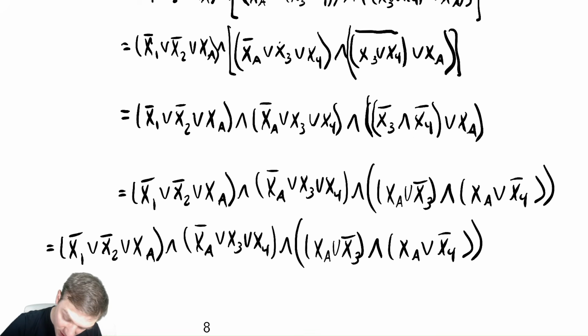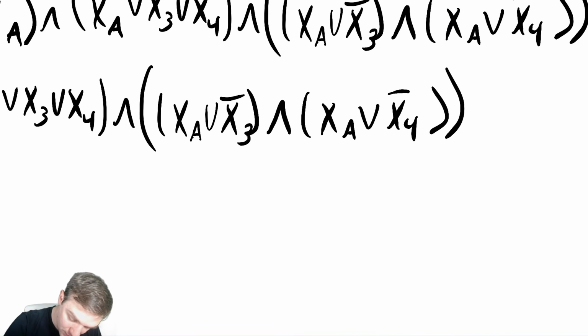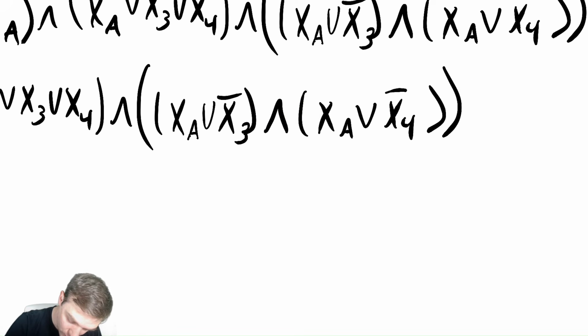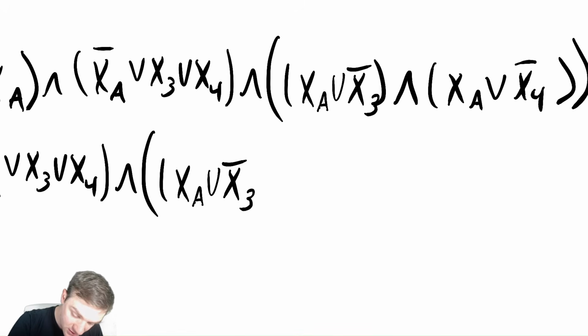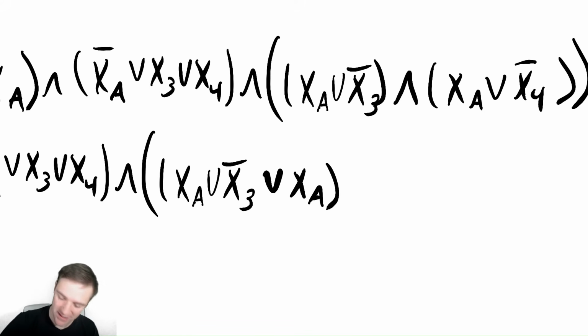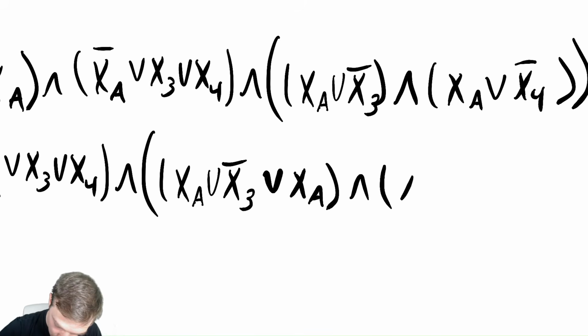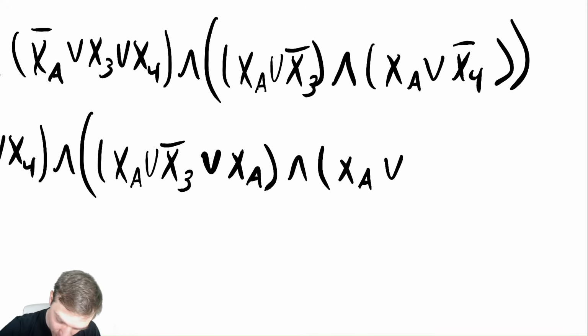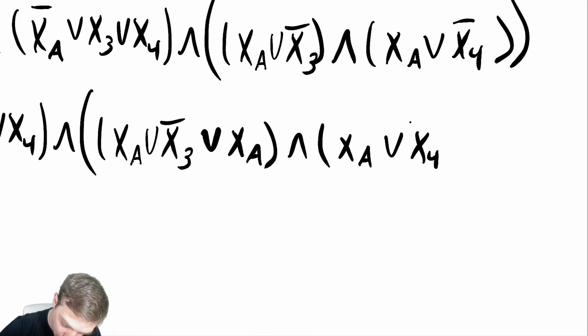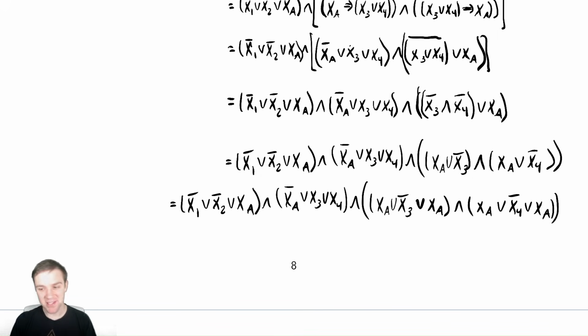For those last two terms, what we're going to do is a very simple thing. We're just going to snag this, move it over. Nope, can't do that. Undo. What we're going to do is we are going to take this two literal term and just or another one of the variables again. So I'm going to or xa. That's it. Just add on, done. Now we have 3 variables in it. Then we can do and xa or x4 bar or xa. And now I've taken that expression that had 4 literals and rewritten it as 4 clauses that all have 3